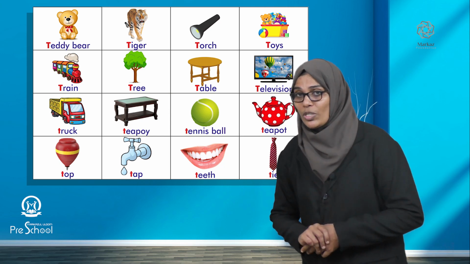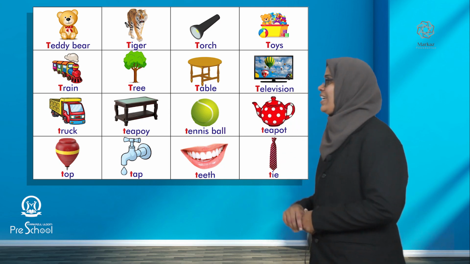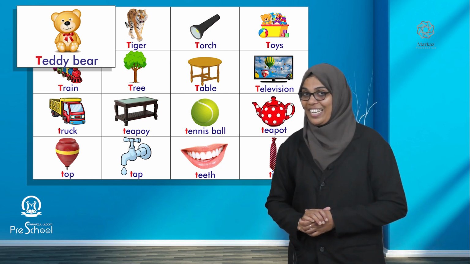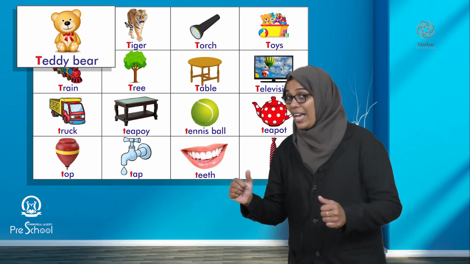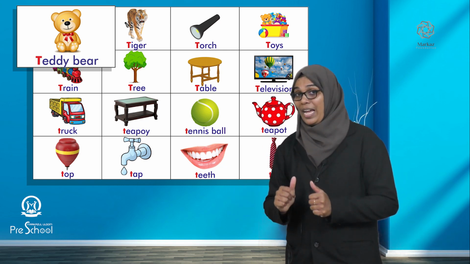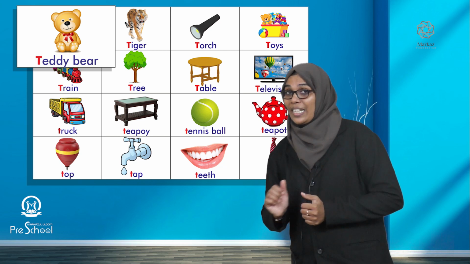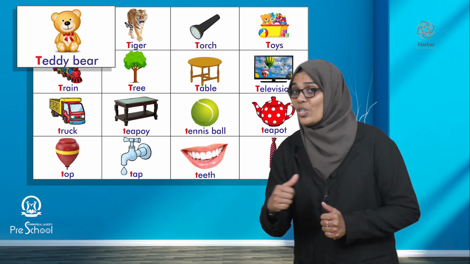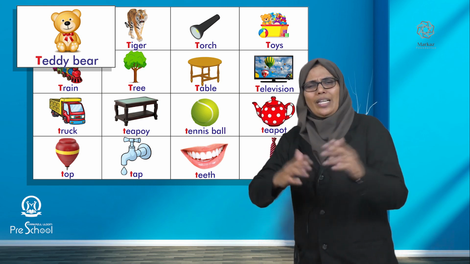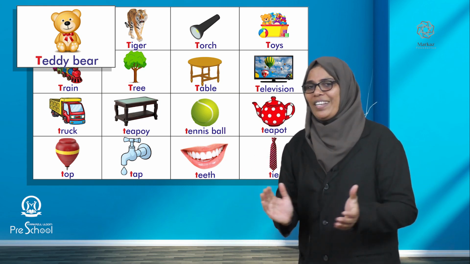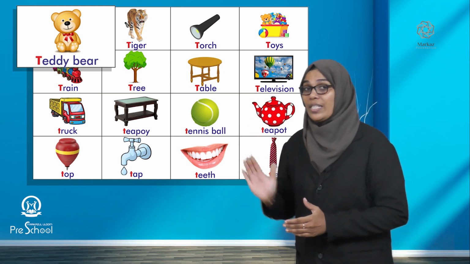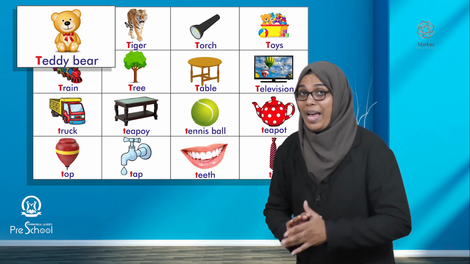So shall we look? Which are those pictures? Yes, my dear children. Tell me, what is the first picture? Yeah, teddy bear. Teddy bear, turn around. Teddy bear, touch the ground. Teddy bear, polish your shoes. Teddy bear, off to school. There are many rhymes, okay? But you just identify the picture. What is this picture? Teddy bear.